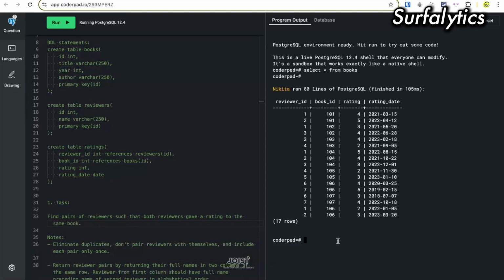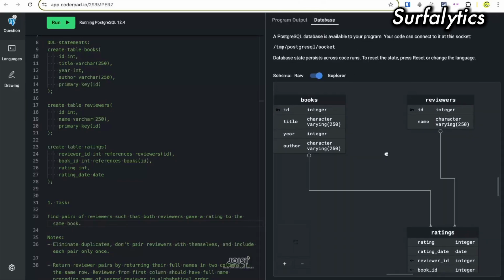So I will add the same table twice. Yes. And what else here? Reviewer. And also I need to add the reviewers table.